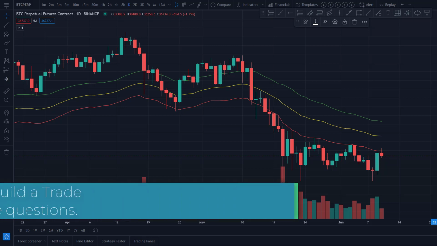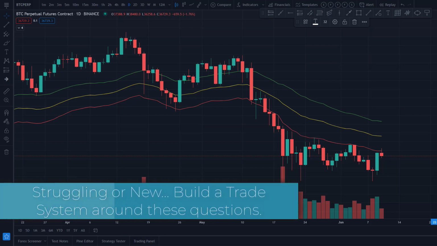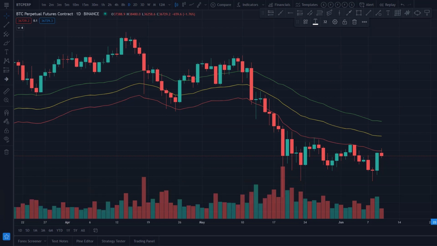For those that are struggling with trading, maybe you don't have a trading system that you're trading with conviction. Maybe you're still recovering from a loss. Maybe you're in the crypto market, for instance, and you're down quite a bit, and you're trying to figure out, how do I then create a system so this doesn't happen again? Whatever it may be, these 3 questions and what I'm going to discuss in this video really are to provide you with a foundation to build your trading system around, to not make it overcomplicated, to just focus on simplicity.